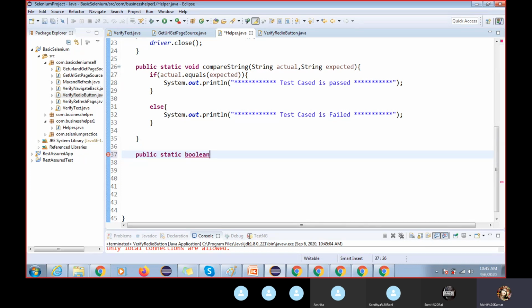What value can we give, boolean or, okay, so we'll return a string type. Okay, so verify selected.